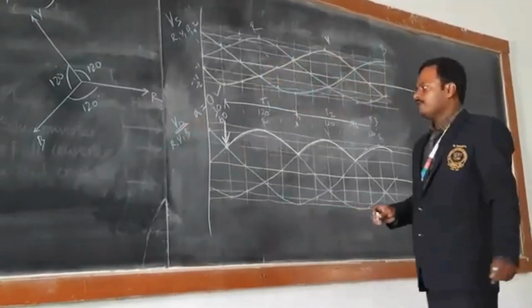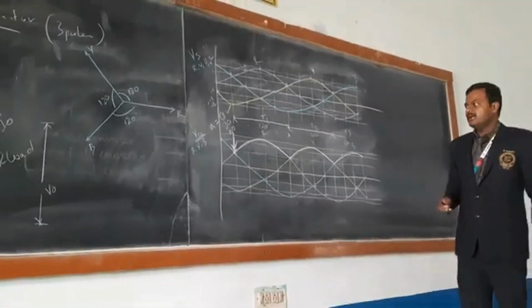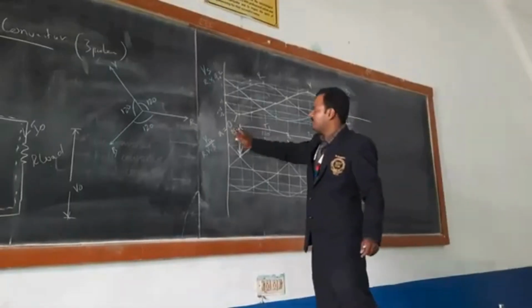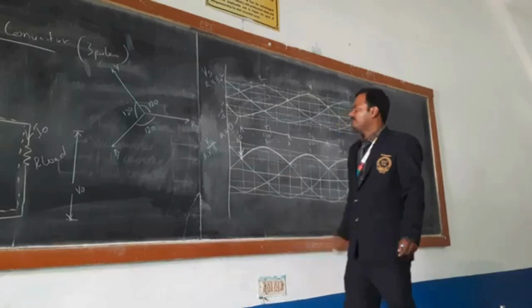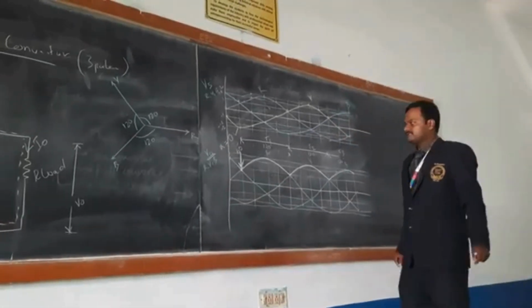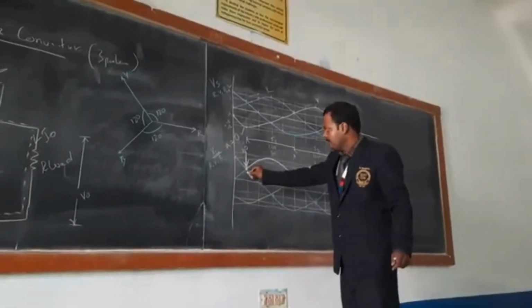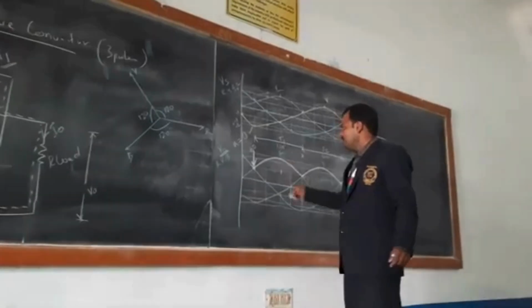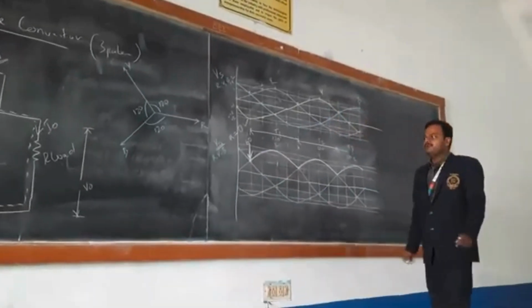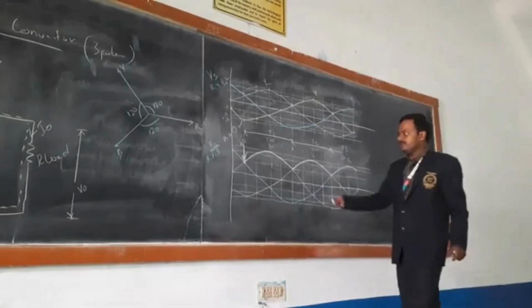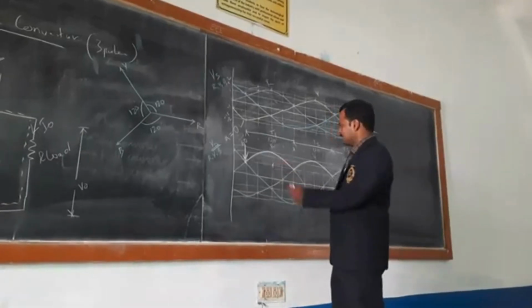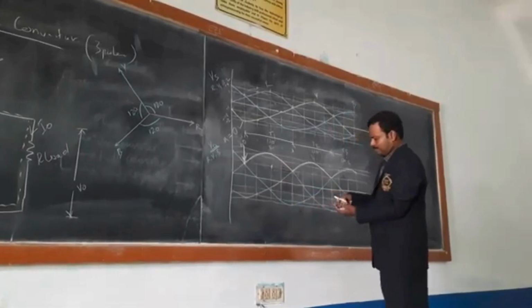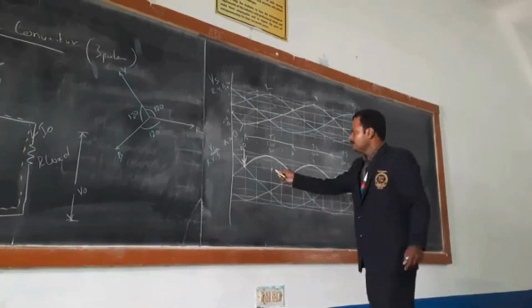Next we are going to take the output voltage considering alpha equal to 60. Alpha equal to 60 means after the crossover point, 0, 30 and 60. From here it should conduct up to 120 degree. From here the output is going to start. 0, 30,